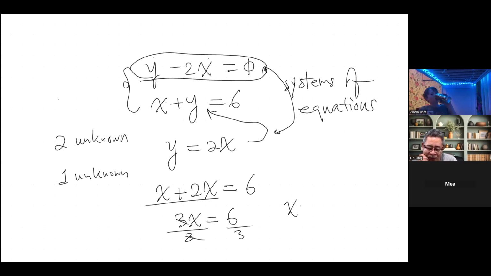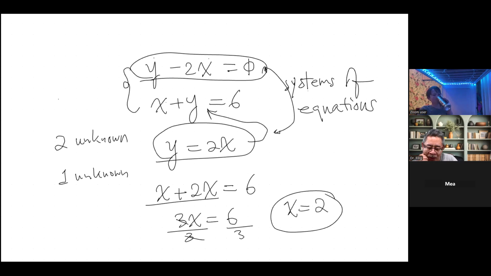And then we go back to find y. Then we substitute again, using the substitution property. And so y is 2 times 2, which gives us 4. So that's how we're solving it. Now, this is called substitution, because we substitute one variable with another. And there is another